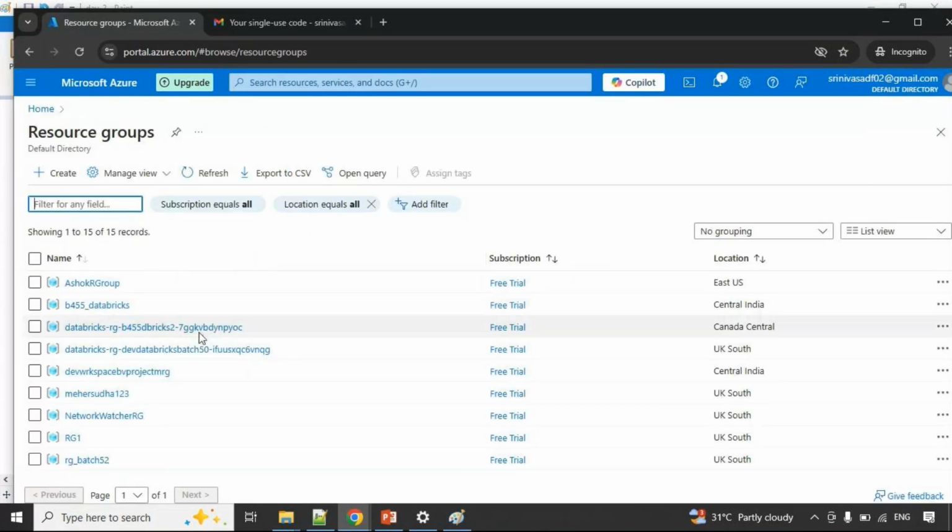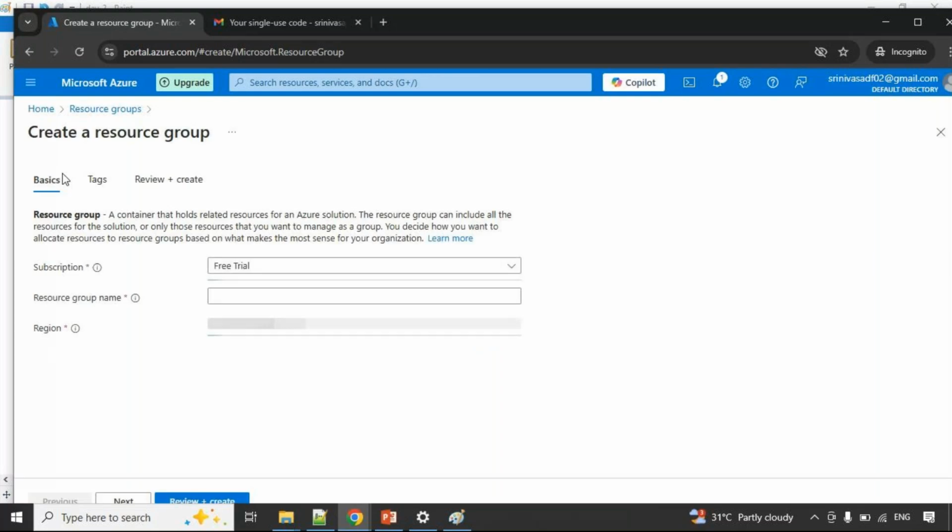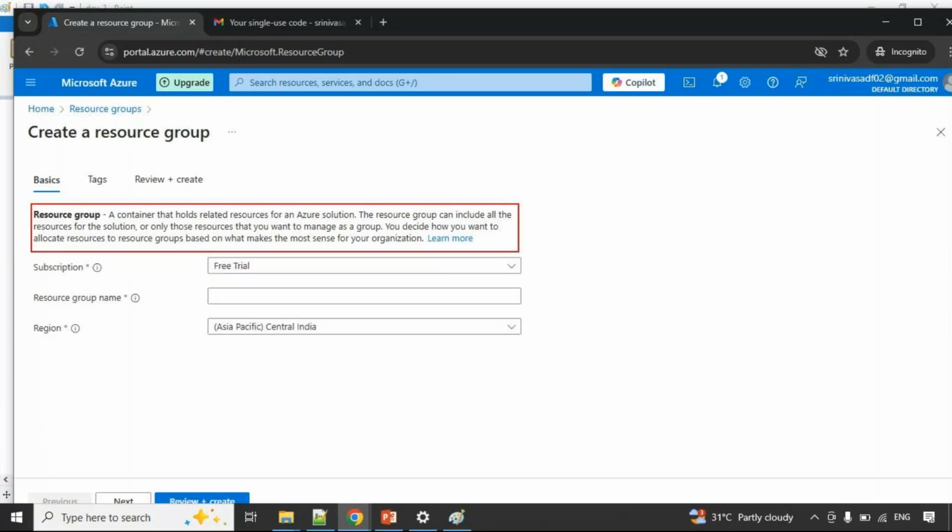So these are all the existing resource groups, my students are already practicing here. Now I am going to create one more resource group. Here you can read this: a resource group is a container that holds related resources for an Azure solution. The resource group can include all the resources for the solution or only those resources that you want to manage as a group.